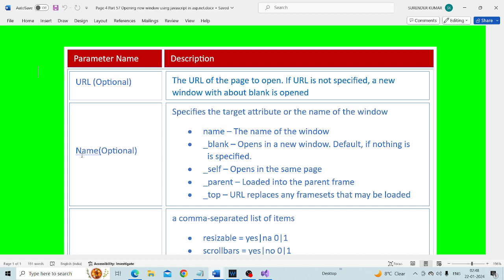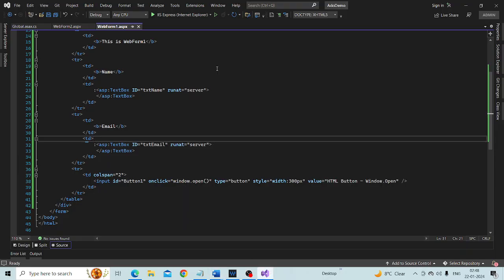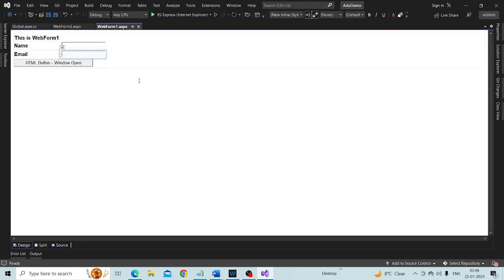If you look at this web form 1, in the design part you have two text box controls where the user can enter their name and email, and once they click this button, we want to open web form 2. And if you look at this web form 2,